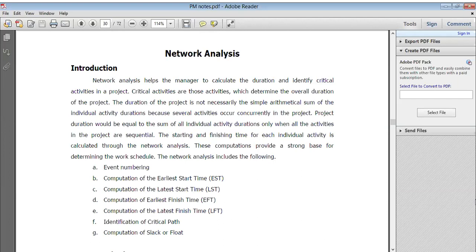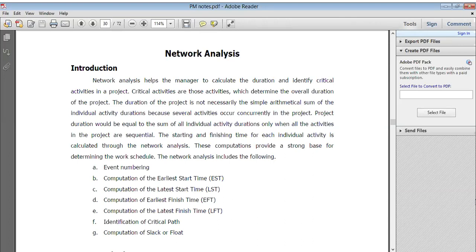Because several activities occur concurrently, the project duration would be equal to the sum of all individual activity durations only when all the activities in a project are sequential. Yes, because everyone depends on one another. So all activities of the project are on a sequential basis, and the starting and finishing time for each individual activity is calculated through the network analysis, right? These computations provide a strong base for determining the work